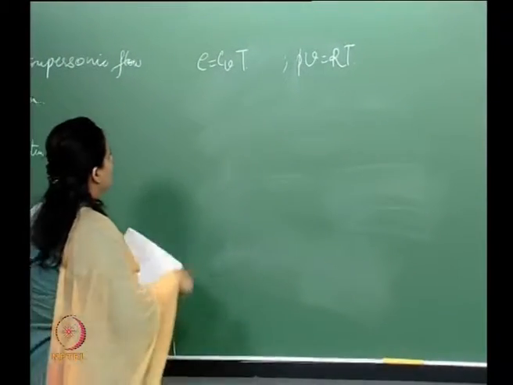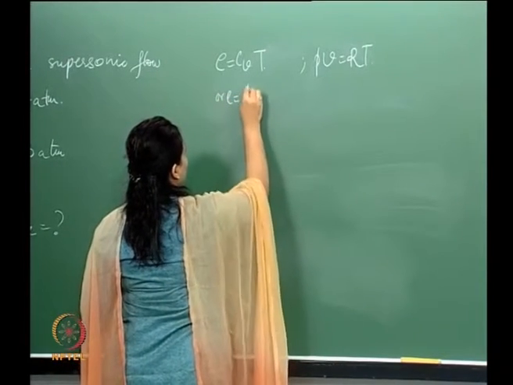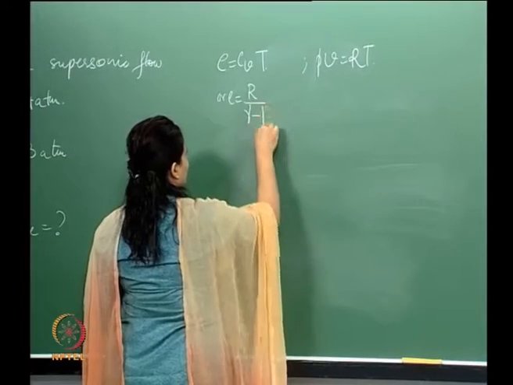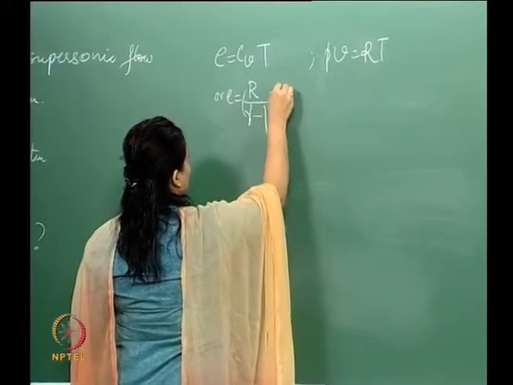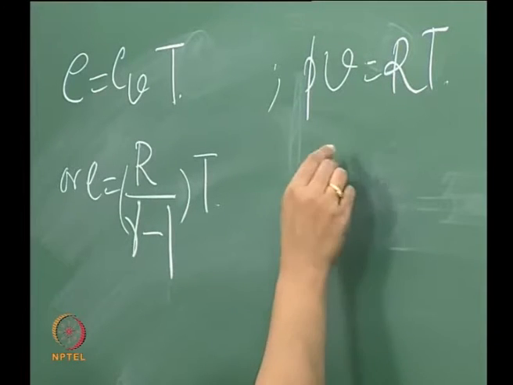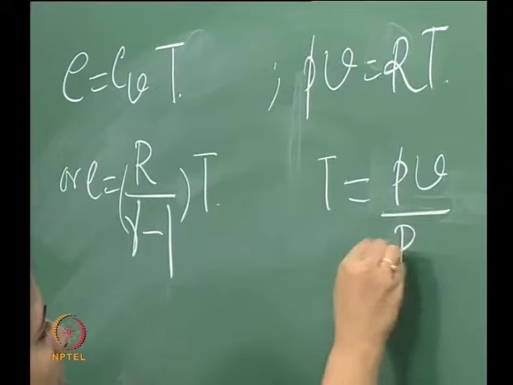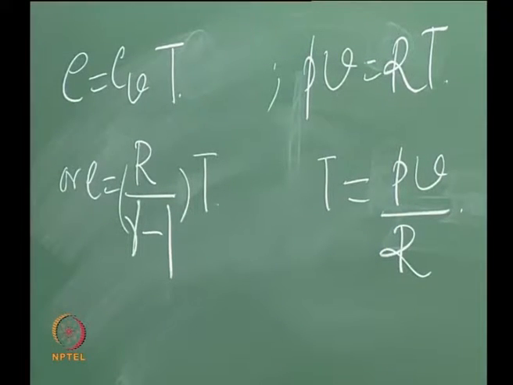Okay. Now, CV again can be written as, okay, and from here, right. So, what we can write E as is